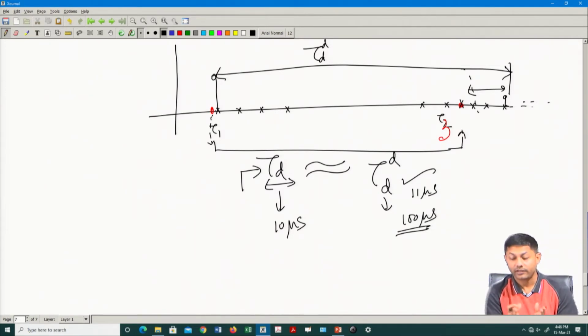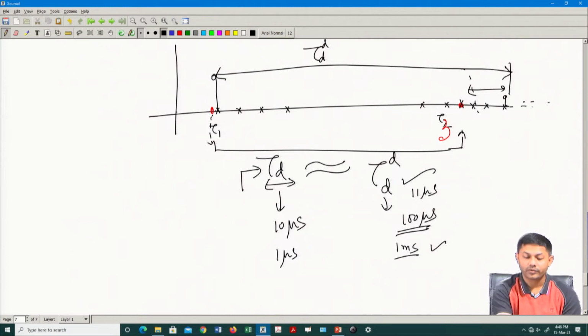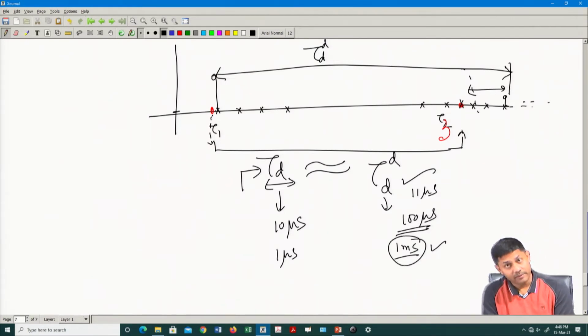So it may not be equal, but it will not be of that huge order. If this is, say, 1 microsecond, you can't expect that this becomes 1 millisecond. It may become 1 millisecond provided you lower your threshold, and probably that can drive what should be my threshold such that it really matches my taps here. So you can't expect this kind of thing. So this is my delay spread definition.